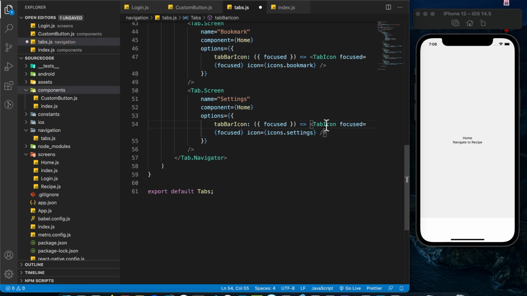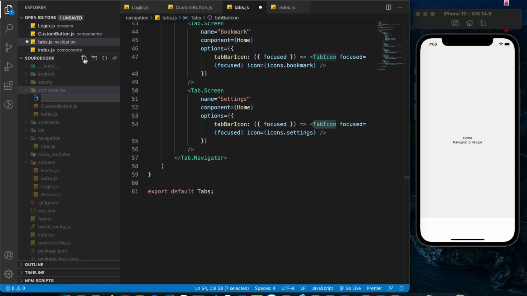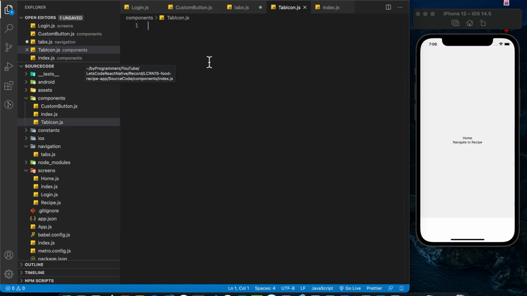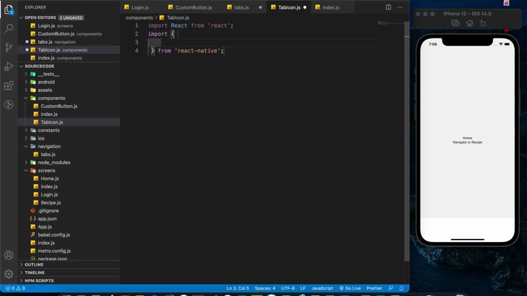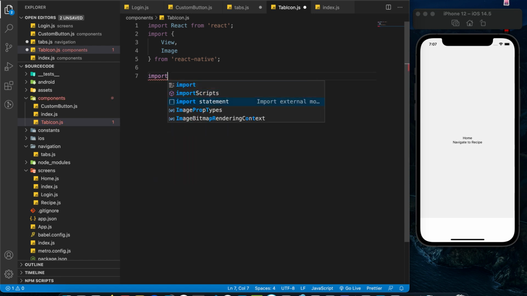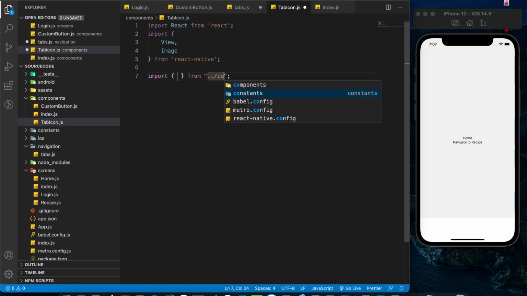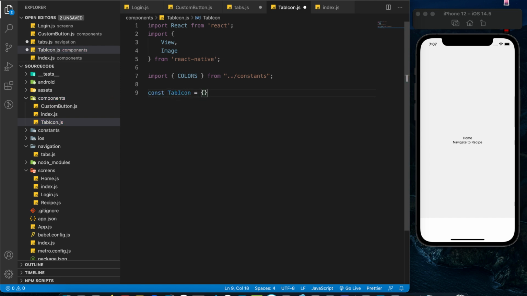Next, we are going to create the tab icon component in the components folder. So create a new file, name it tabicon.js. Same thing, we need to import from React. We need to import a couple of things from React Native. Here we need view, and also we need image. And lastly, we need to import from constants as well. Here we need colors. After that, we can create the functional component. So constant tab icon, it will take in two props, which are focus and also icon, arrow function, and here